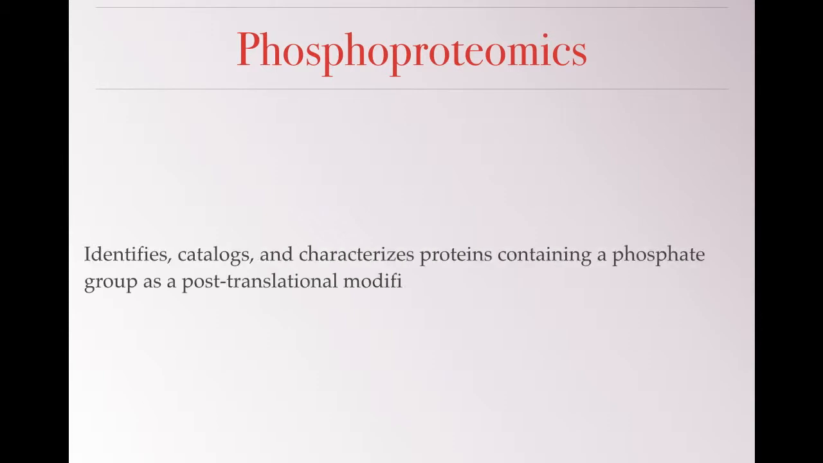Phosphoproteomics can identify, catalog, and characterize proteins containing a phosphate group as a post-translational modification. It can identify the site of phosphorylation in proteins and gather knowledge on how it brings about metabolic and biomolecular changes in a cell. It also studies various kinds of kinases and phosphatases to identify the site of phosphorylation and